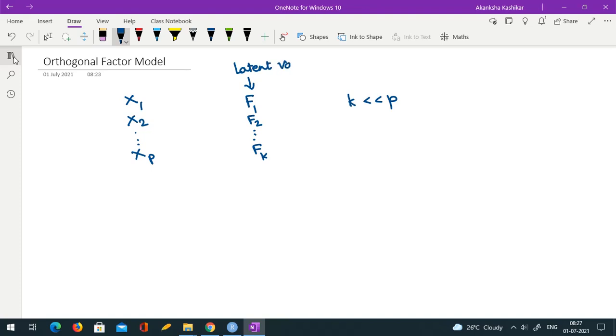So latent variables, which are called factors, and we are trying to infer something about them via these observed p variables. We are trying to express these observed p variables through these k variables, and we know that they can be connected with each other in multiple possible ways, something like this, and so on. So all of them may be connected to all of them. Okay. So how do we achieve this?